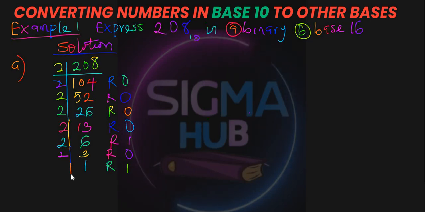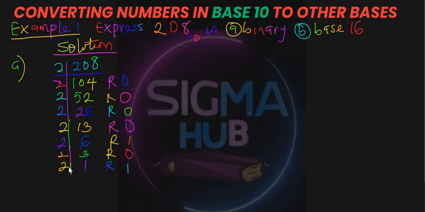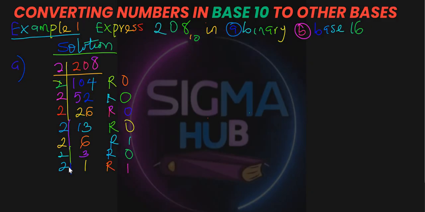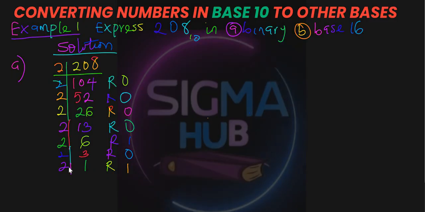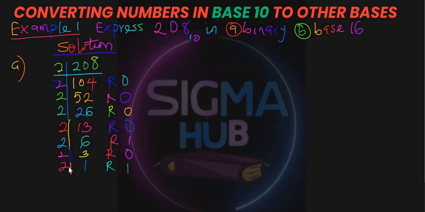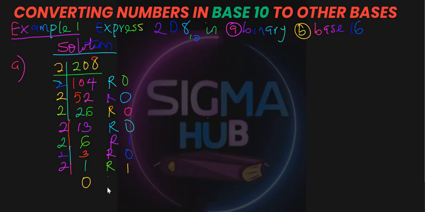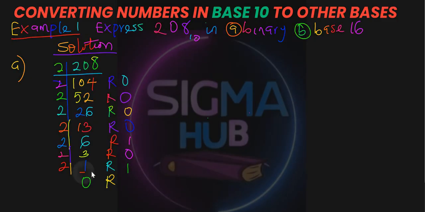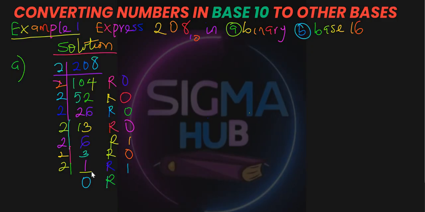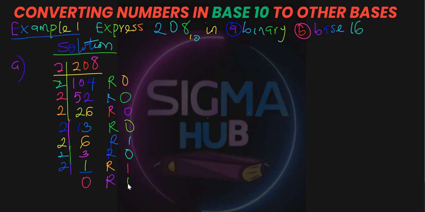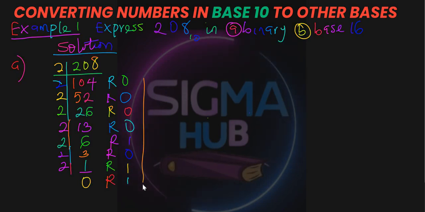Then again, we use 2 to divide 1. But 2 cannot divide 1, because 2 is greater than 1. So if the number you want to use to divide cannot divide, you are going to be writing 0. Then you bring down the number that is here, which is 1. So 1. Now we are going to be counting